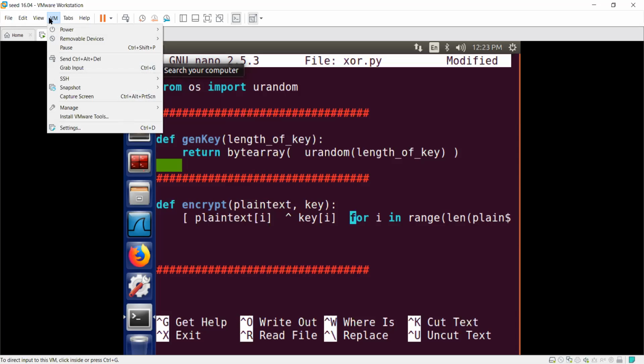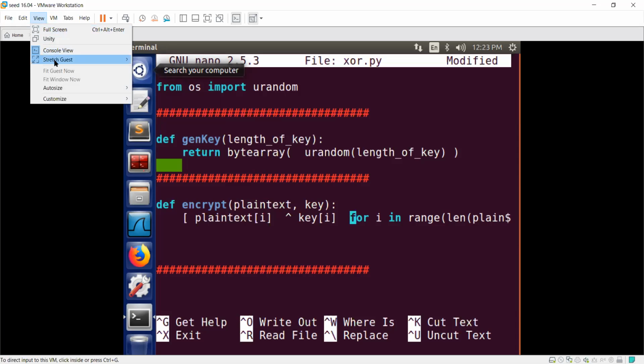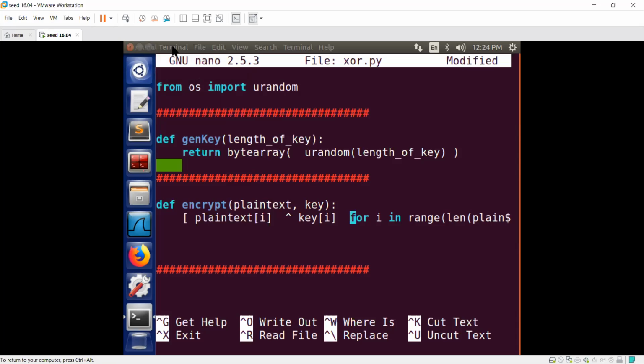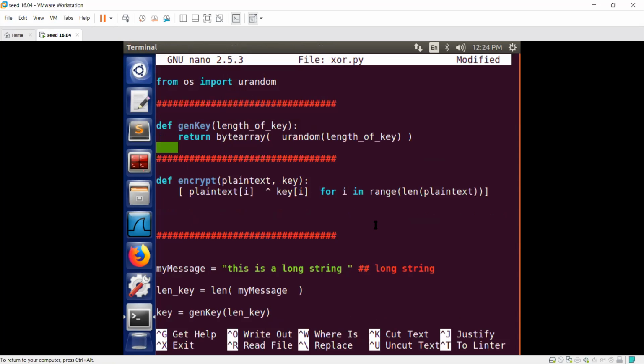Supposed to be a zoom in and a zoom out here. No, I think it's actually in here. Yes, zoom out. Okay, that's better. All right, so now we can do